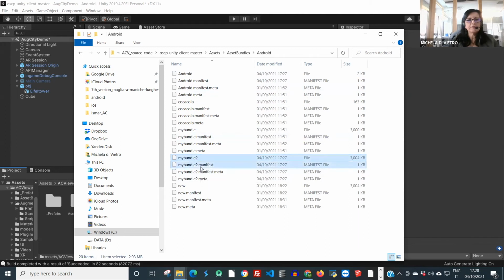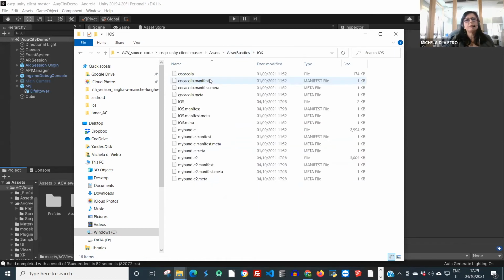In this case, four kinds of files will be generated. Of our bundle, we need only this file without extension. And of course, the same will be for iOS. The name will be the same. So pay attention to the specific platform that you choose to generate your bundle.